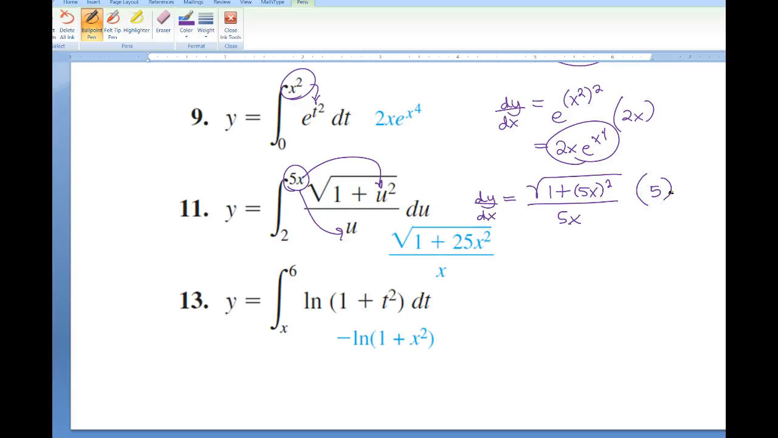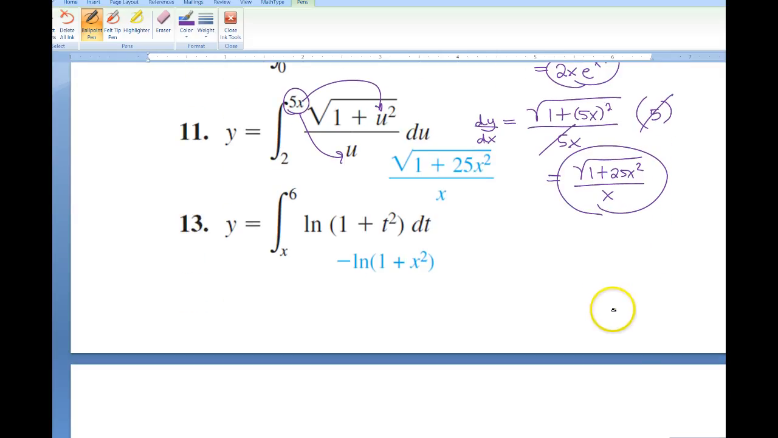And then what happens here? Right, chain rule, the 5's cancel. So I get square root of 1 plus 25x squared over x. Question? We're okay with